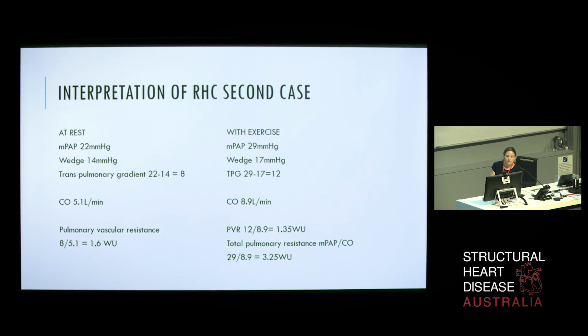And I'll just show you a case for left heart disease. Mean pulmonary pressure of 22, so in the grey zone between 20 and 24. Wedge just holding in there, could be normal, but might not be, depending on their fasted state. The transpulmonary gradient is therefore normal, just the difference, and a reasonable cardiac output, and the pulmonary vascular resistance is therefore normal,